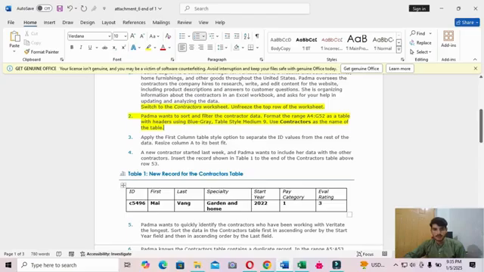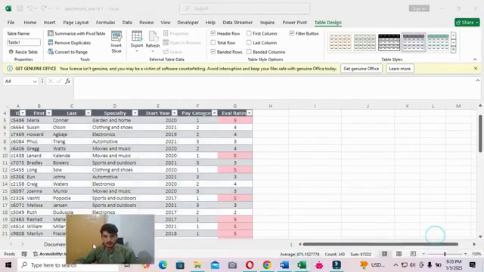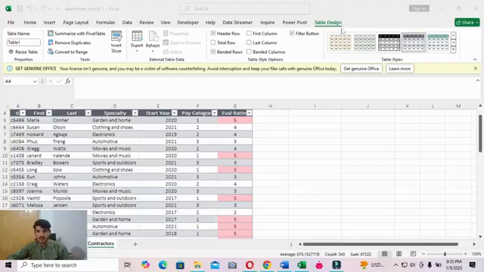And then use Blue Gray Table Style Medium 9. Okay, go to the Design tab.